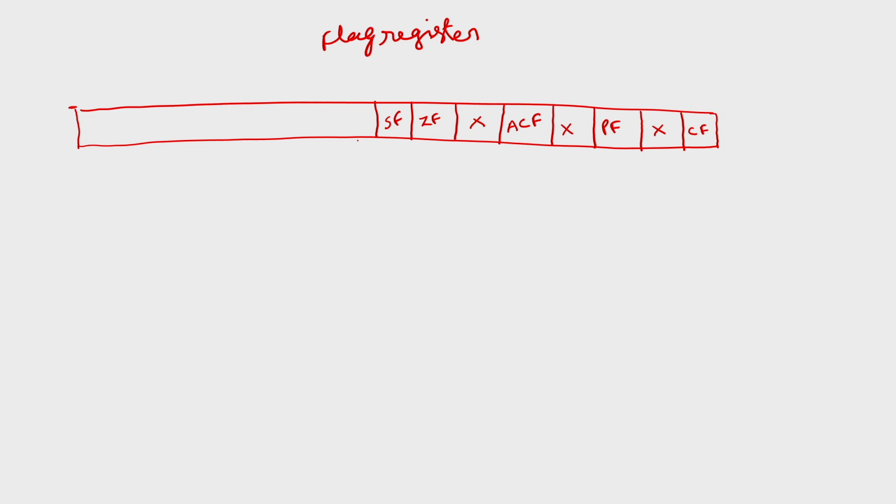The additional flags that are present in 8086 are the trap flag, TF, the interrupt enable flag, IF, then the direction flag, DF, then the overflow flag. These are the 4 additional flags which are available in 8086 and not available in 8085. The remaining 4 are don't cares, not used.